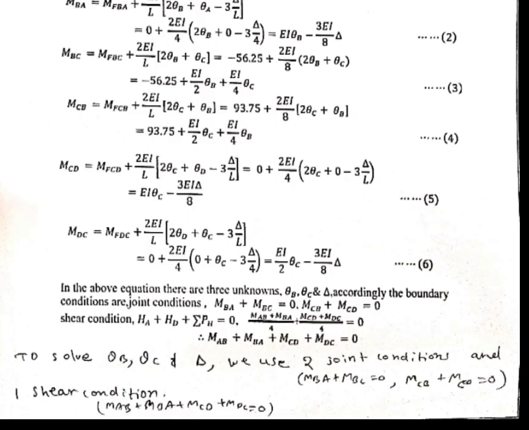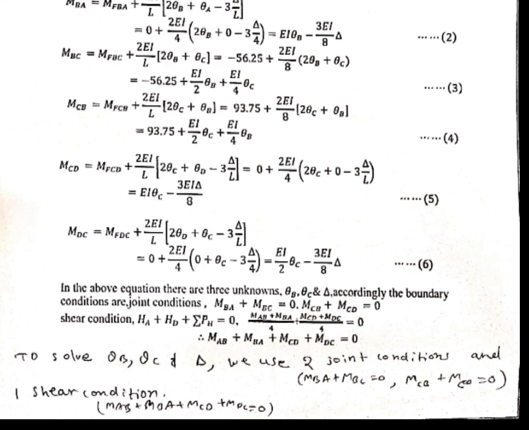Accordingly the boundary conditions are joint conditions. So here we have joint equilibrium conditions as well as one other condition, that is shear condition. Joint equilibrium equations are MBA plus MBC equal to 0 at B, at C MCB plus MCD equal to 0. Along with this we have shear condition. HA plus HD is equal to 0. So at A support we assume HA towards right side and at D we assume HD towards right side and